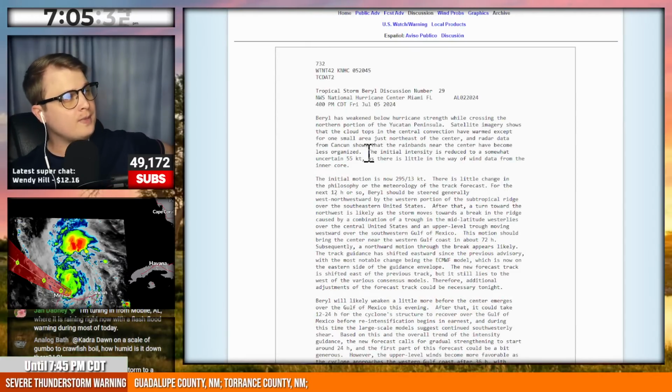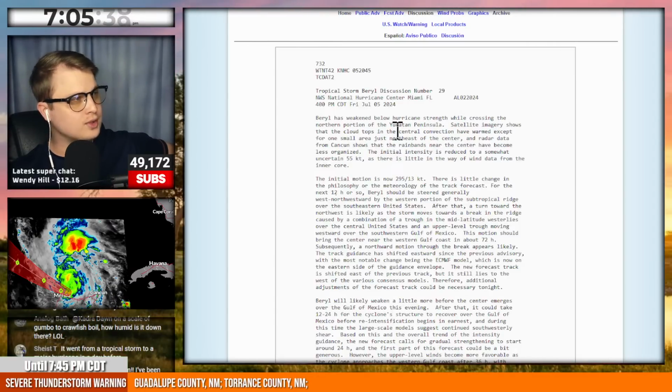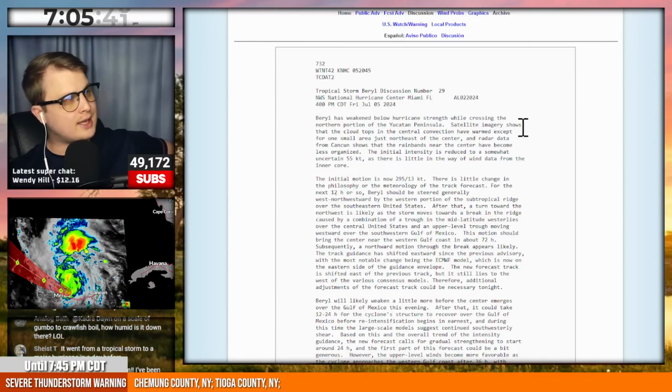This literally just came out. Beryl has weakened below hurricane strength while crossing the northern portion of the Yucatan Peninsula. Satellite imagery shows that the cloud tops of the central convection have warmed, except for one small area just